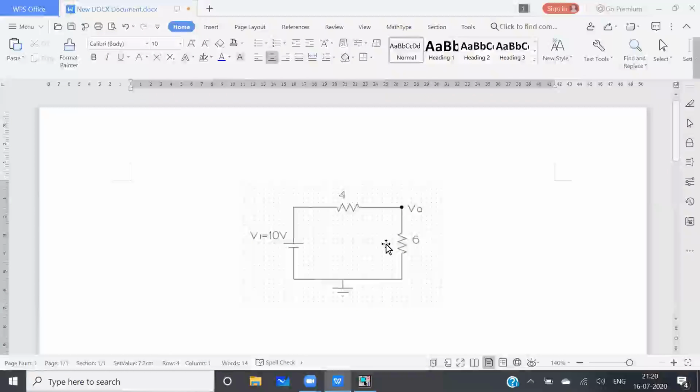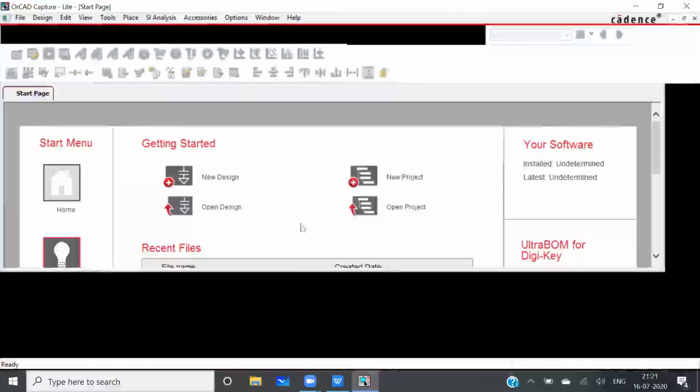So we'll consider this simple potential divider circuit which consists of two resistors of 4 ohm and 6 ohm, and we'll take a DC voltage source of 10 volt. So I will implement this circuit in PSpice. So for this,